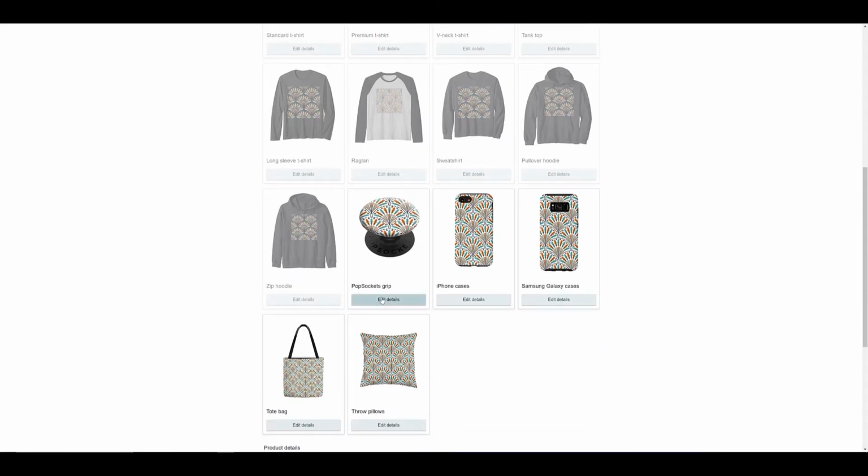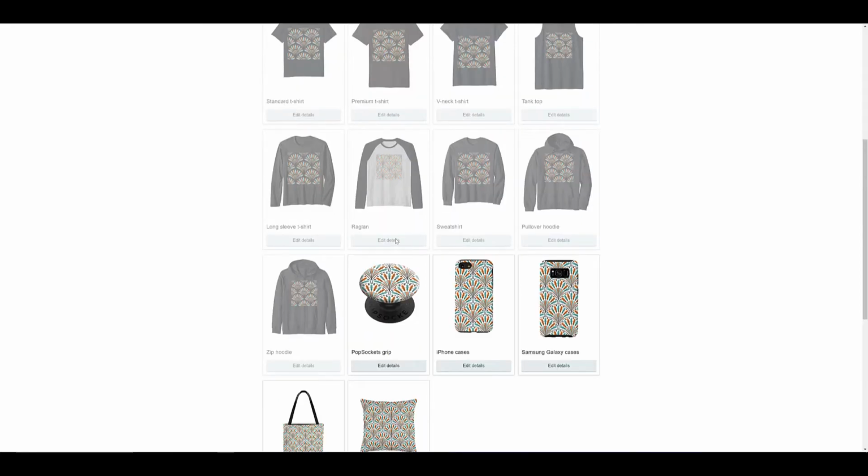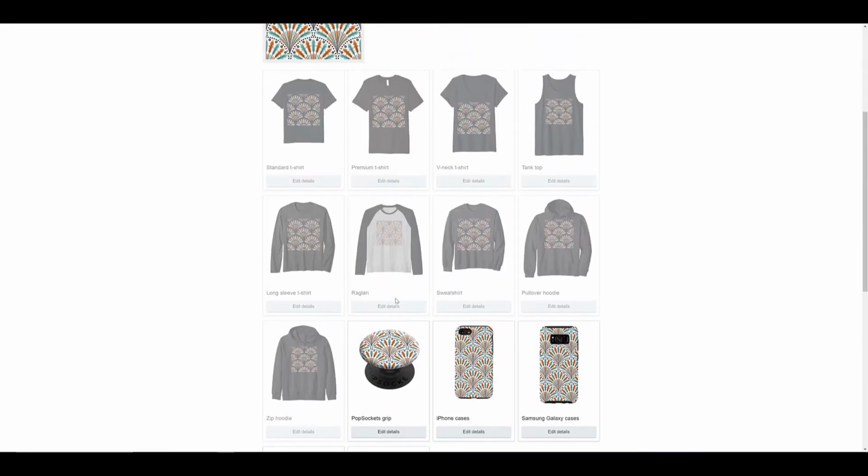For example, these other all over print shirts or anything can be there, like the Redbubble. So that was the one goal, to make my designs that are already available on Merch by Amazon future proof for any of the new products. And one of the other reasons is that, as you might have noticed,